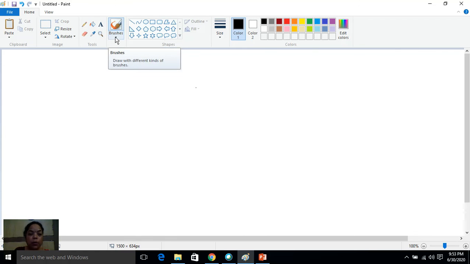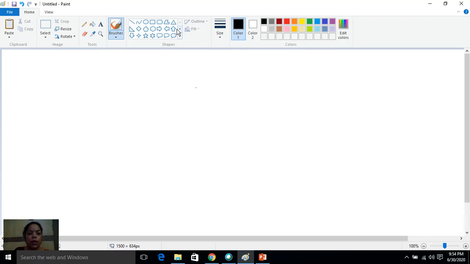Because when you click on brushes, you will get different types of brushes. With the help of these tools, we can draw so many things and we can make our drawing beautiful. So the name of this box is toolbox.